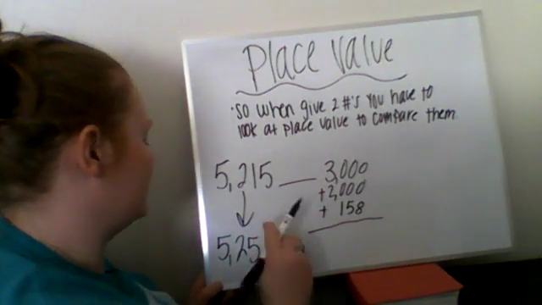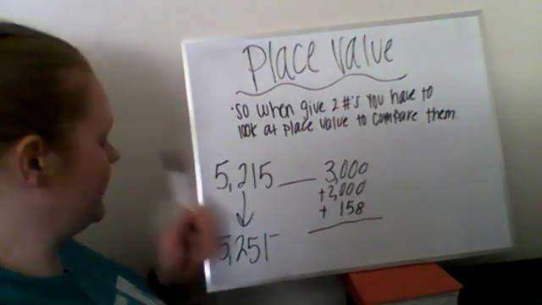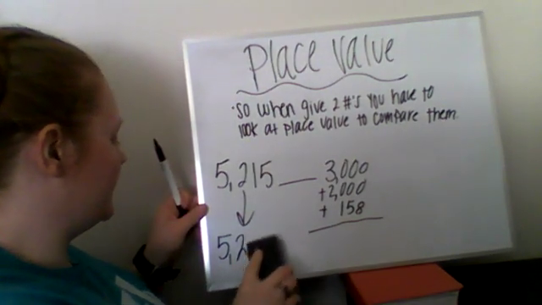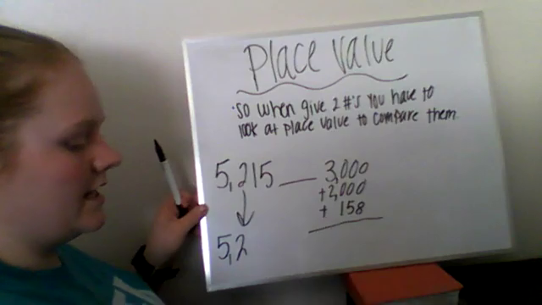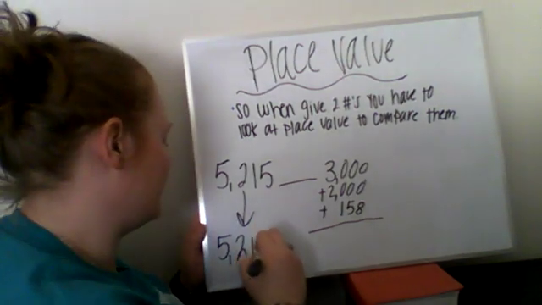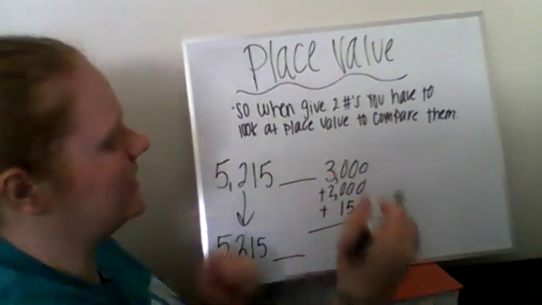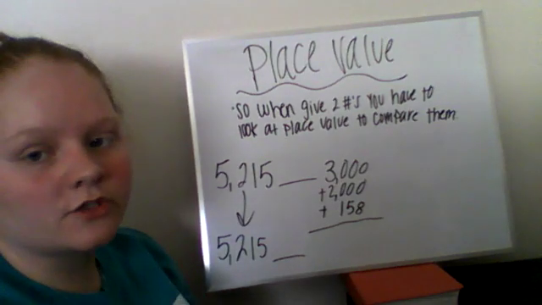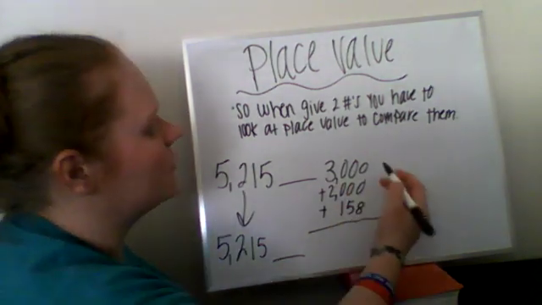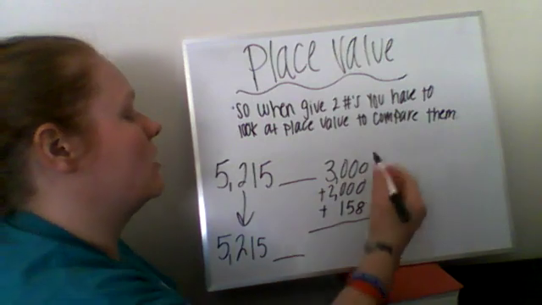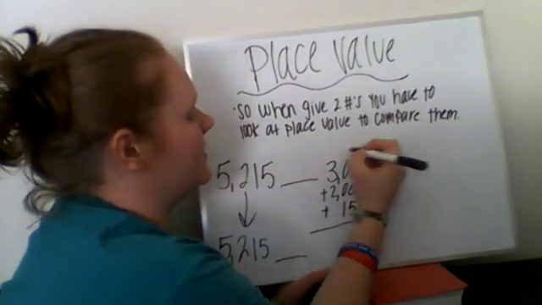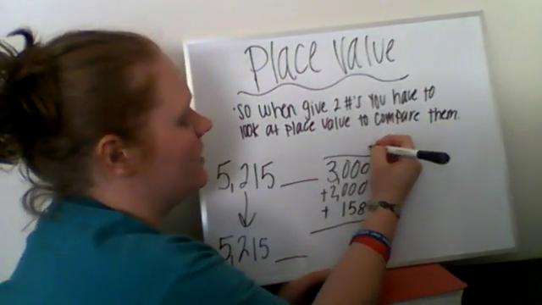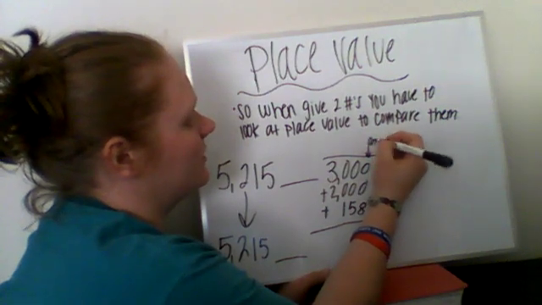So 5,000, oh, hang on, I messed that number up. So 5,215. And I'm going to compare that to this number when I add them. So let's add our numbers. We know when we add, we start in our ones. So let's look at our ones columns. I'm going to put this up here. This might help you. So this right here is my ones,